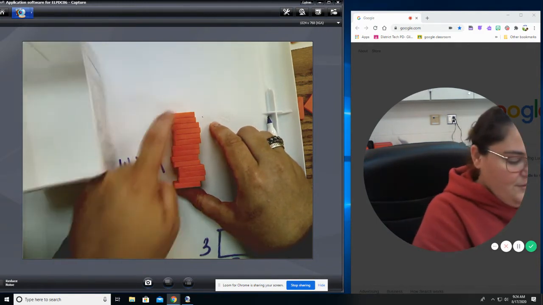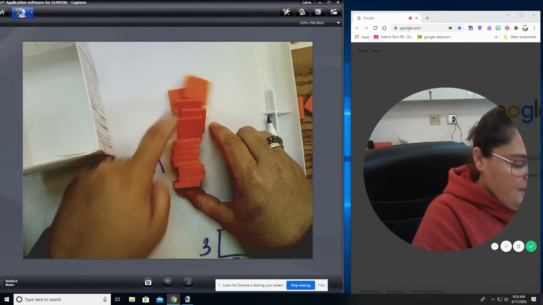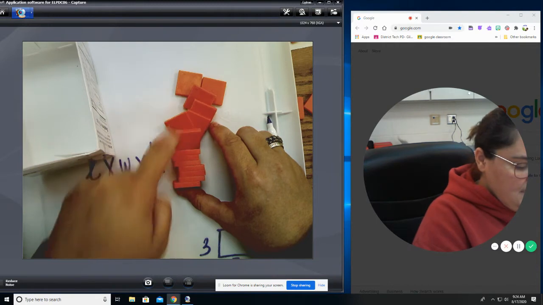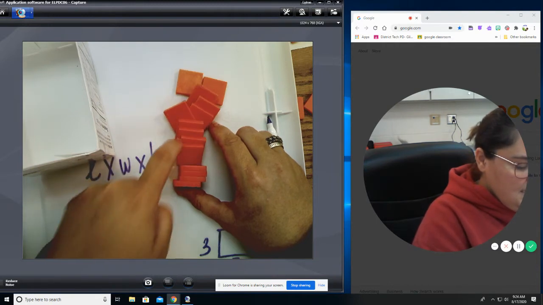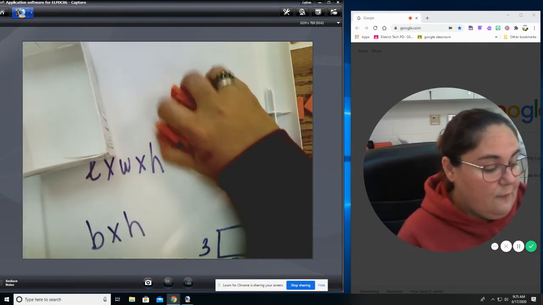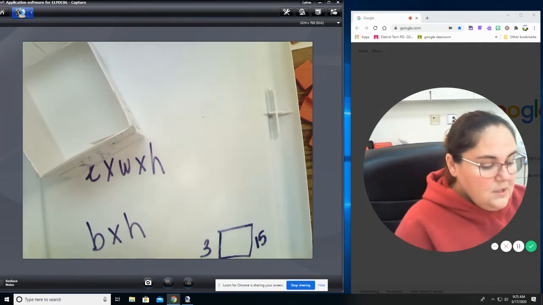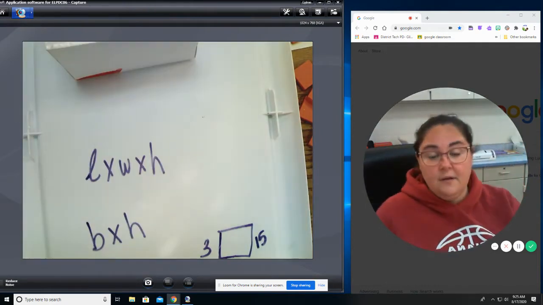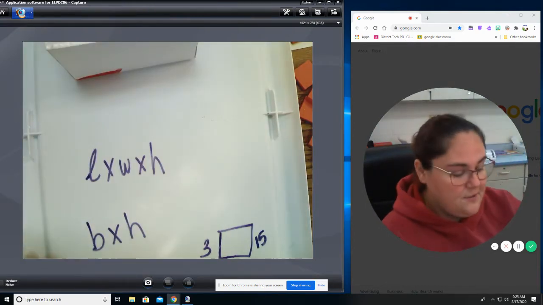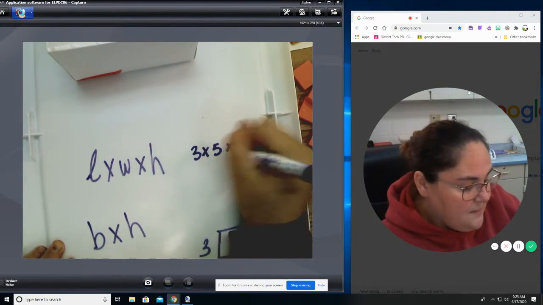I'll go slow with you. Ready? 1, 2, 3, 4, 5, 6, 7, 8, 9, 10, 11, 12, 13, 14. So 14 pieces high. Great. So now we can use our area or our volume model to figure this out. So we can either do 3 times 5 times 14,